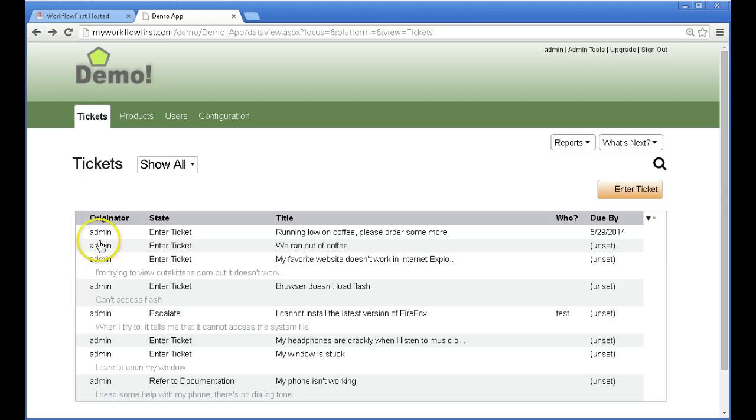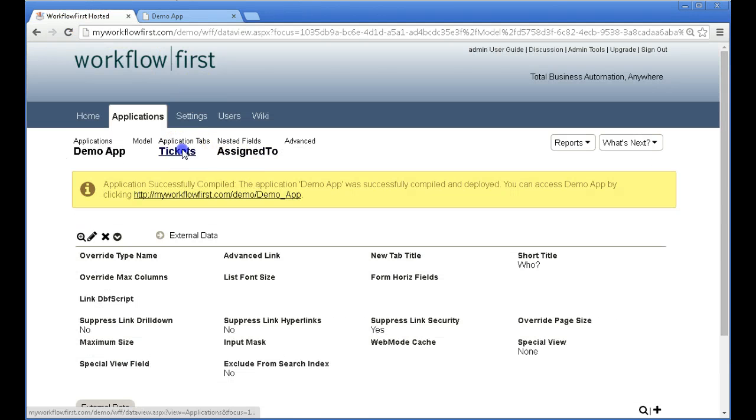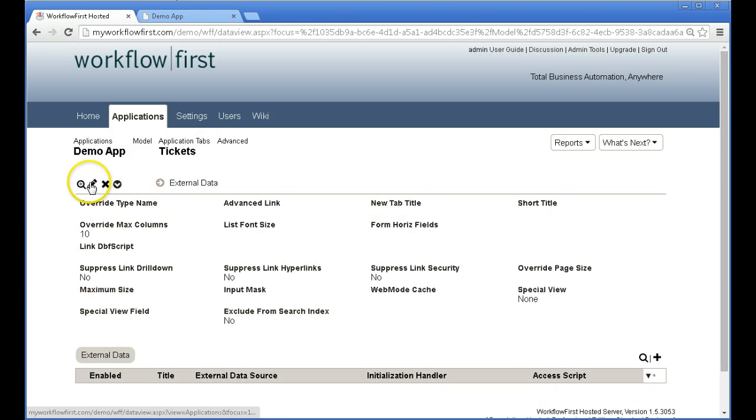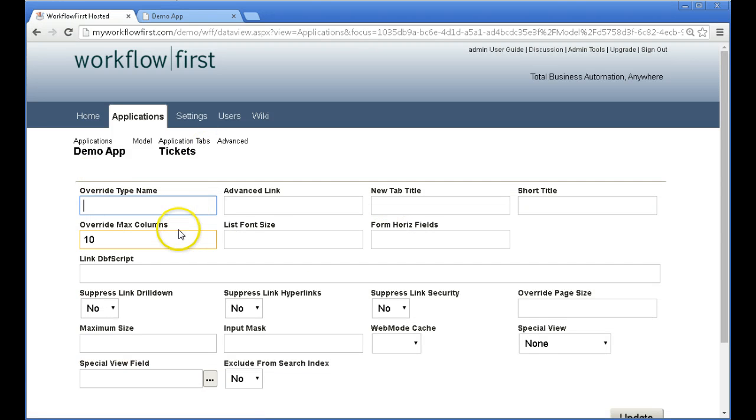Now, you'll also notice that by default we show 20 records in a list before we go on to the next page. It will have a next page link at the bottom. Now 20 is the default that it uses, but you can override that and specify your own number if you want to. Again, you go to the application tab and in advanced, edit that, and right here we have